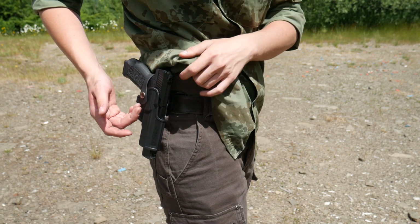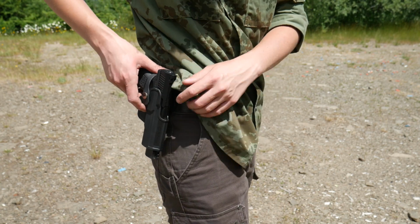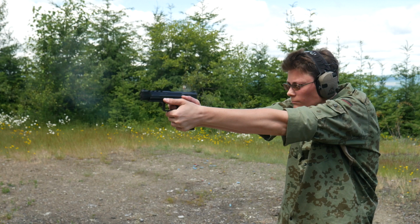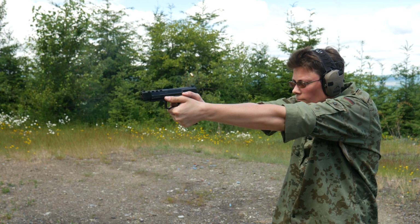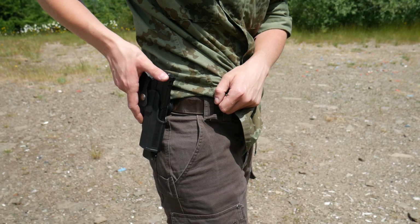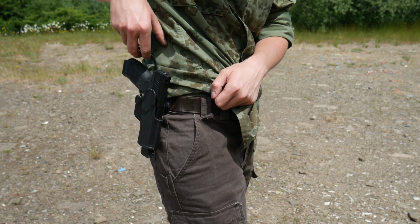I mean, there's not really a risk that, oops, oh shit, 2 guns, sorry. There's not really a risk that you'll draw the holster out instead of just the gun. I just don't really see the utility in this. Like, if you're gonna use this gun to compete, which seems like that's what it's really for, you're not gonna want to compete with this hokey holster. If you're gonna carry it,